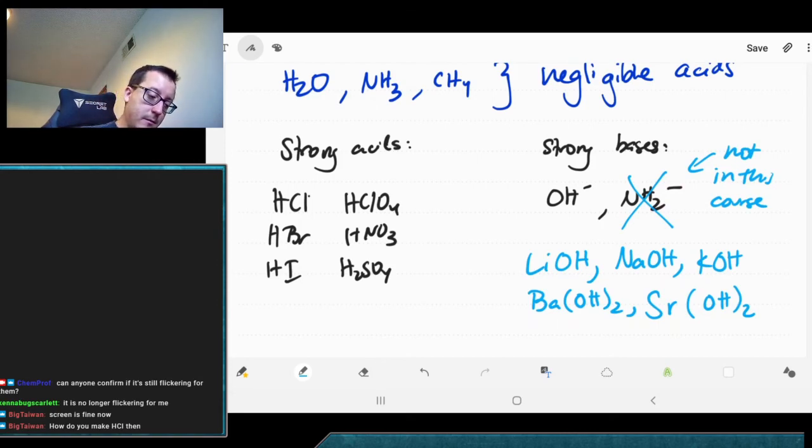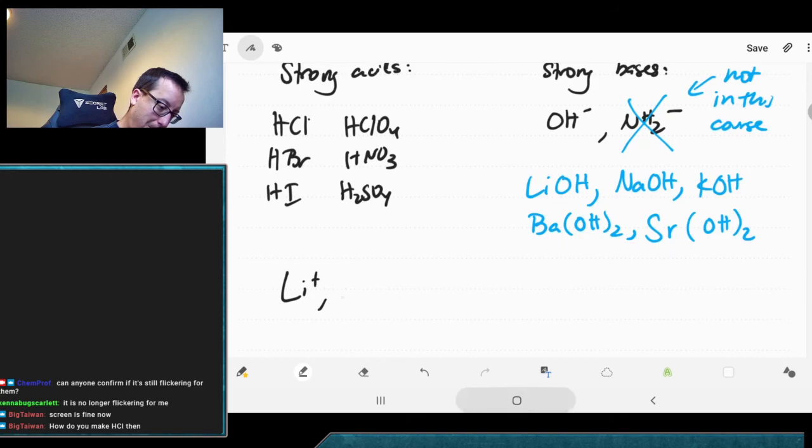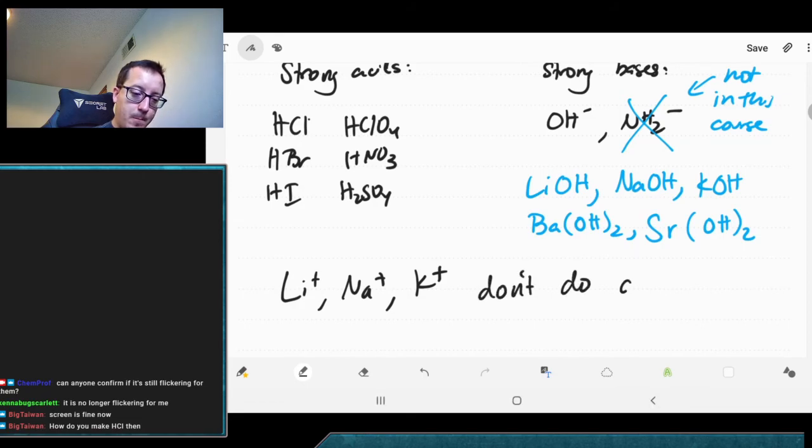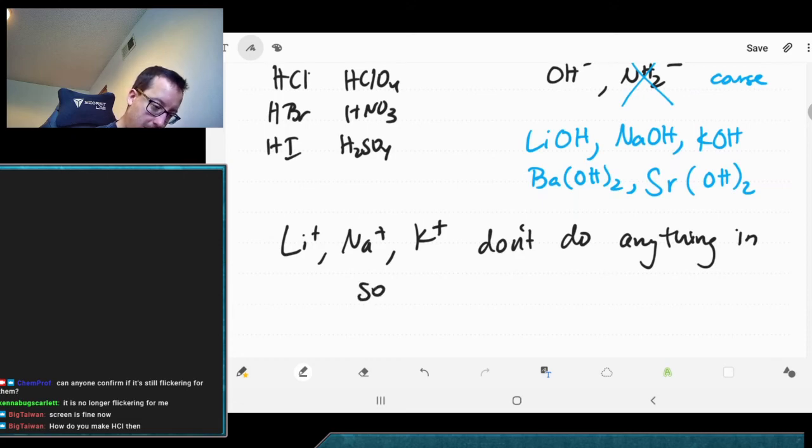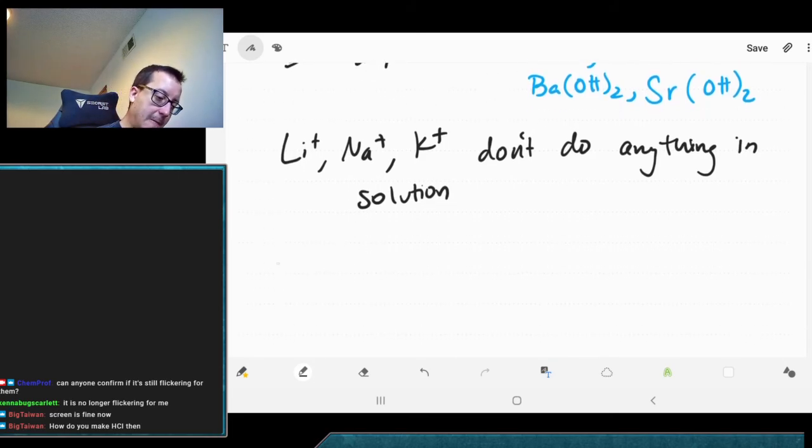All right, one more thing to note. These guys do not contribute to your acid-base stuff. So if you see lithium, potassium, or sodium, you can just kind of ignore them. They're there to charge balance things. That's their only purpose. They're spectators. They don't actually do anything in the chemistry. For example, if you look at the reaction that we just did,